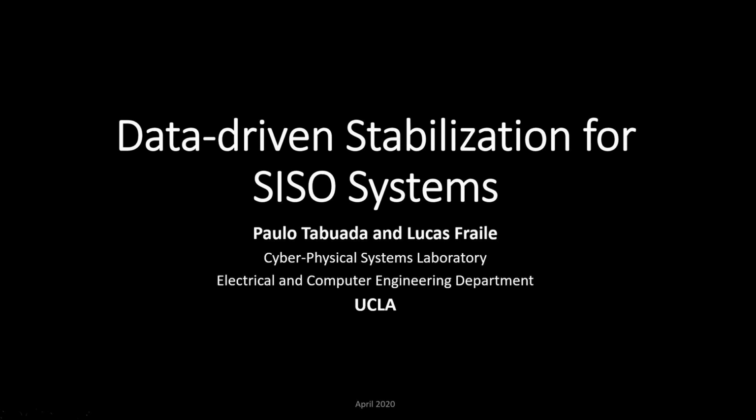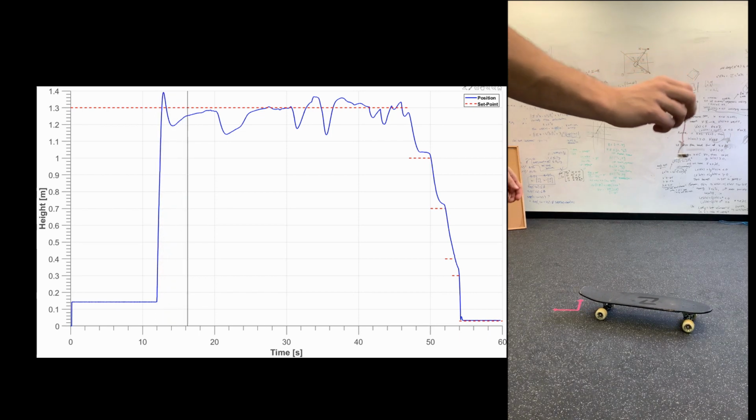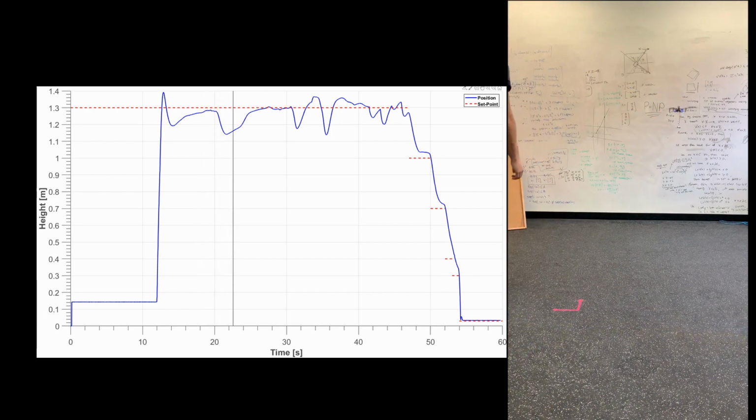In this video, we present experimental results of our work on data-driven stabilization for single input, single output systems. The drone is propelled into the air and, without any previous data, it's forced to learn how to stabilize itself before hitting the ground. After the drone stabilizes at the desired altitude, we change its weight, altering its dynamics and